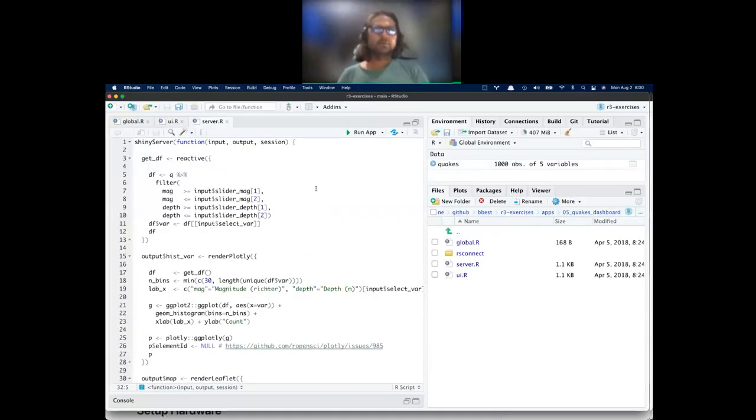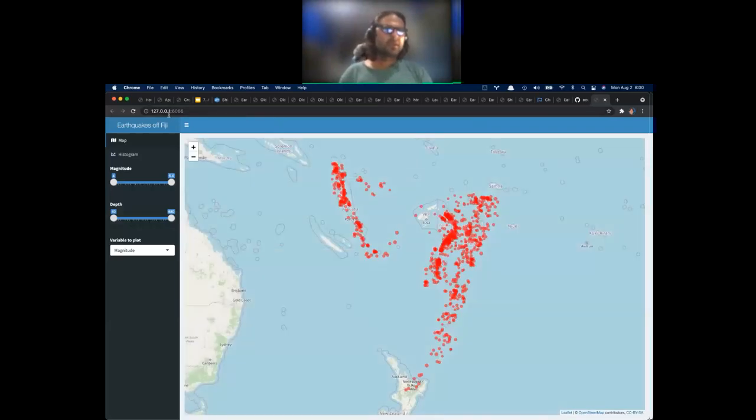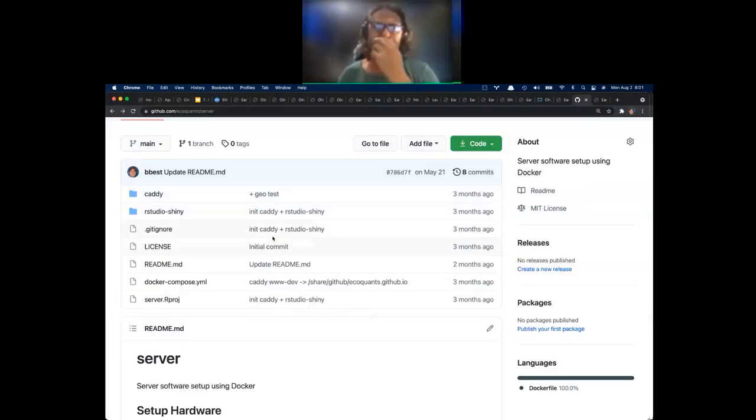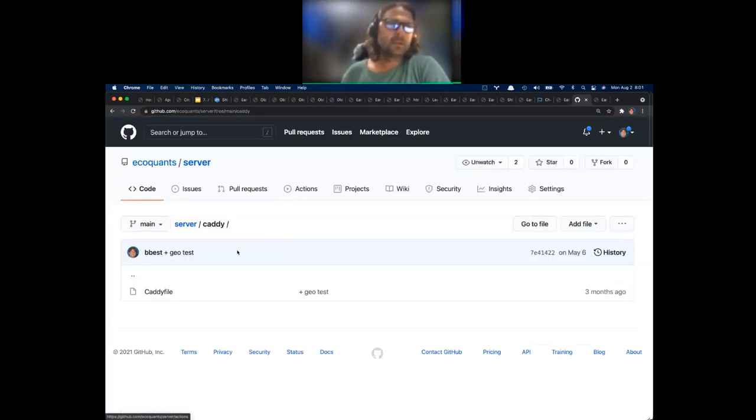You'll notice that if I just launch this app, the IP address, this is my localhost. I think I might even be able to type localhost, and it goes to the same thing. And then this is the port. So the way it works is when you set up a Shiny server, then it sends it to a port. But then to make that visible to the rest of the world, you have to map that port to some URL. So this is a little recipe that I pasted in the chat to do that, where Caddy actually does